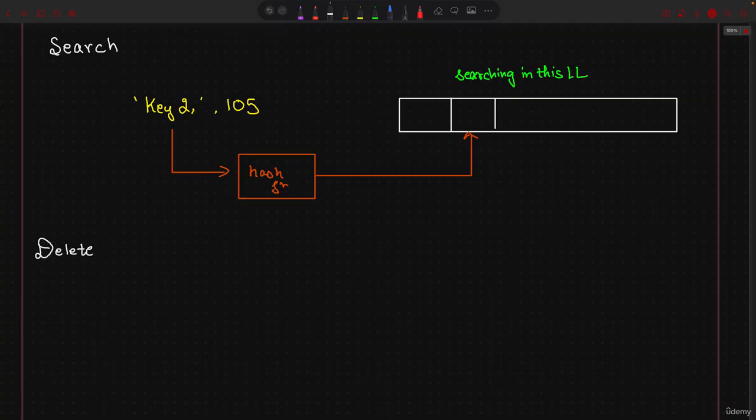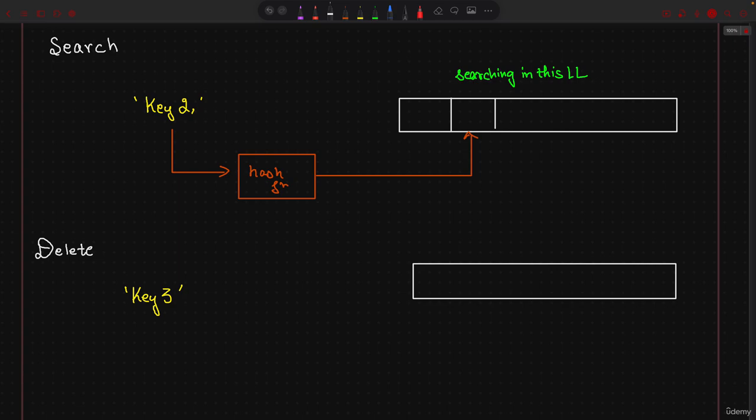In delete, what happens? Again, let's say you are asking me to delete key 3. Okay, now I don't need anything. In search also, actually, we will not be having any value, right? We just do the search by this particular key. This time again, I have my buckets array. I have to just make sure that